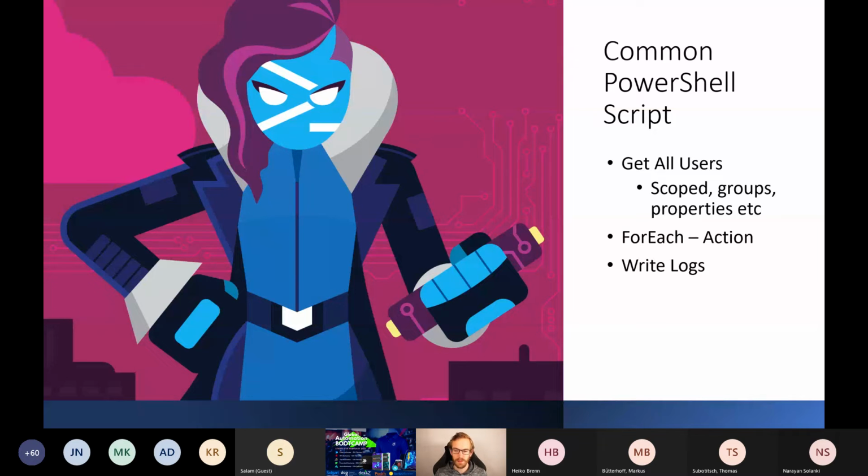Initially what I started to do was use the same approach on the Power Platform. Just try to get everything that you can, scope it, make sure that you only make the changes or get the data from the groups that you want, and then take the action and write some log files.